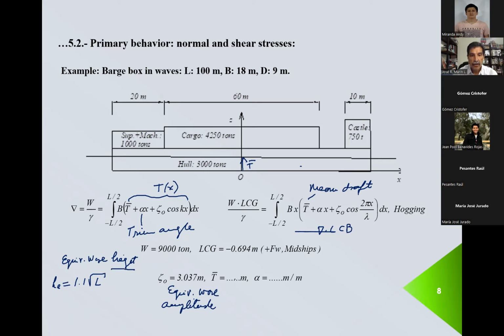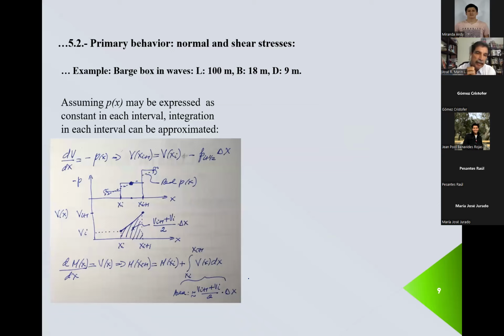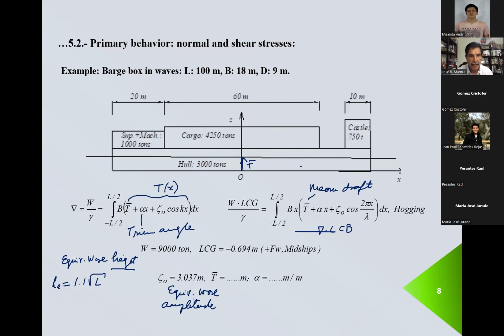Okay, so if you do that, you have to calculate these two parameters. I'm not going to give it to you, so you have to calculate it. Let's suppose that you have found it. Okay, now we have to proceed to integrate for the shear force and bending moment. Now, after you have done that, see here,